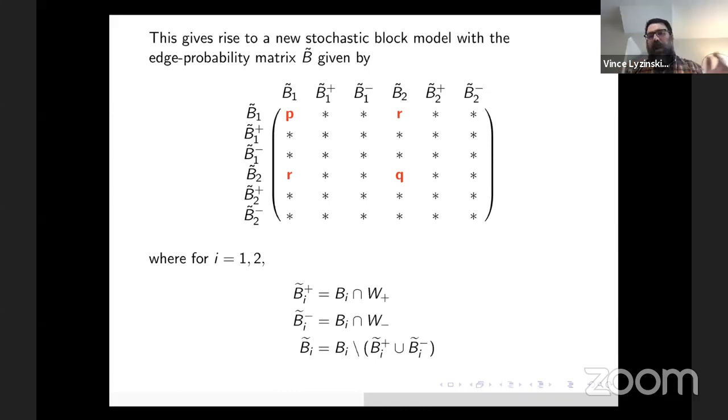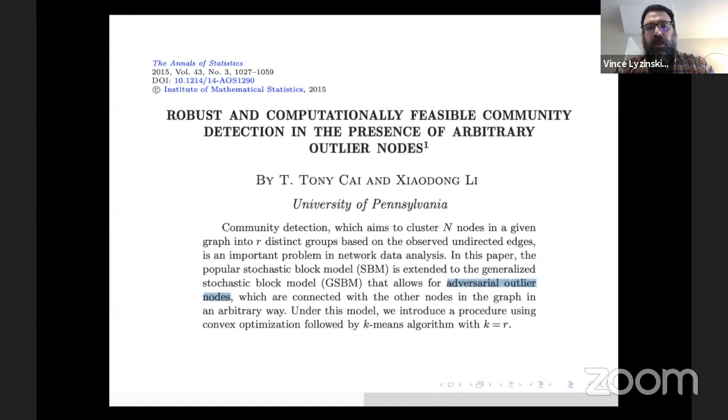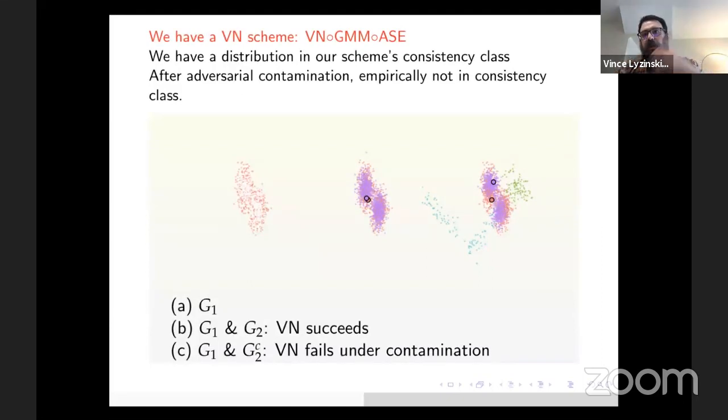And we were really happy. We were like, this is a lovely model that we developed. And then we found that there's this paper by Tony Cai and Xiaodong Li that proposed almost the same model. And so we thought, even better, someone really smart thought of this model before us, so it can't be that terrible. And under this model, we have this vertex nomination scheme where